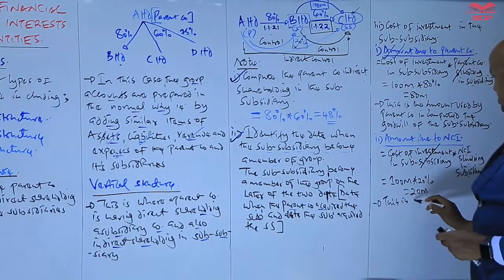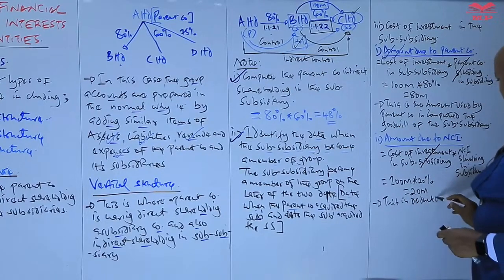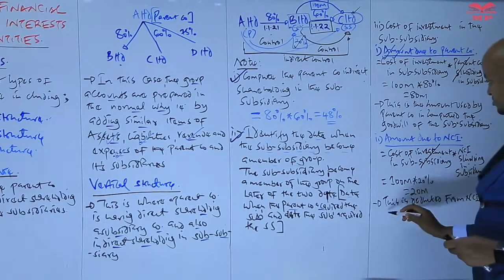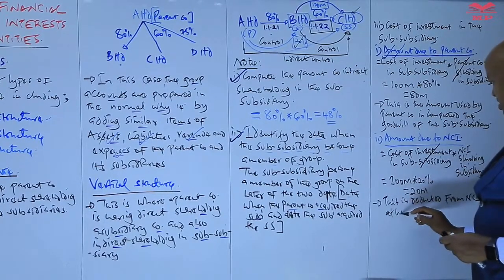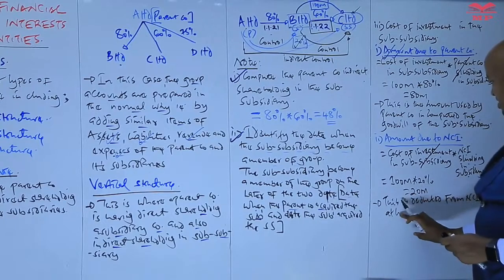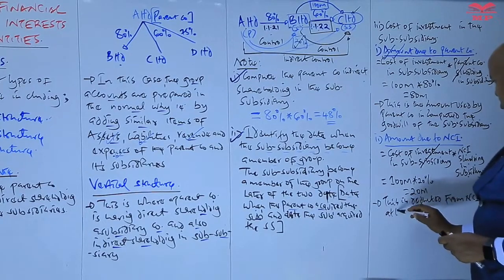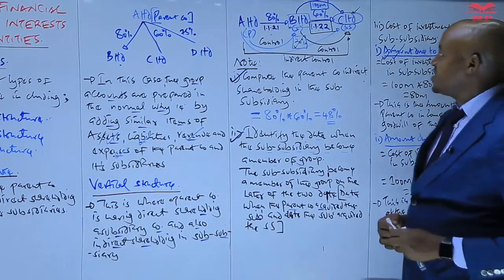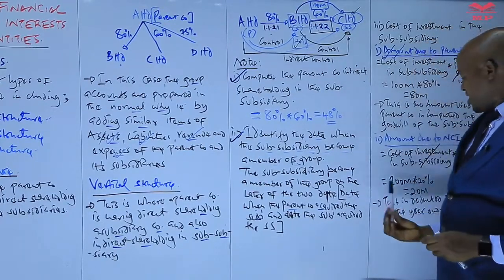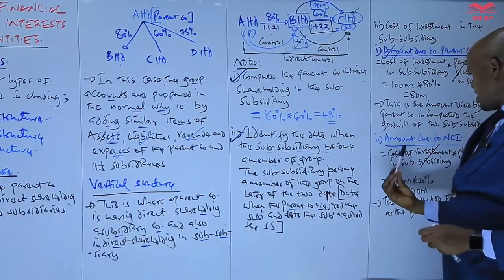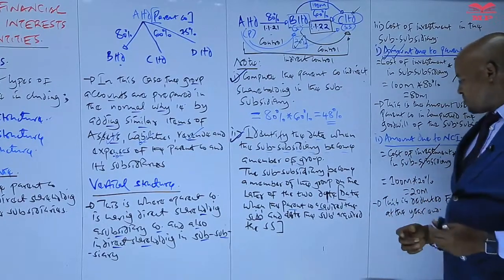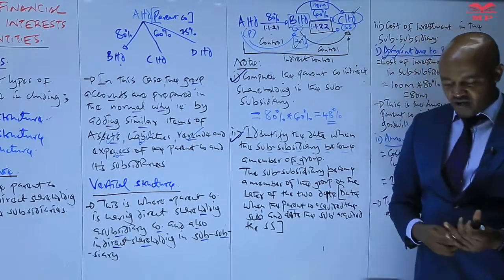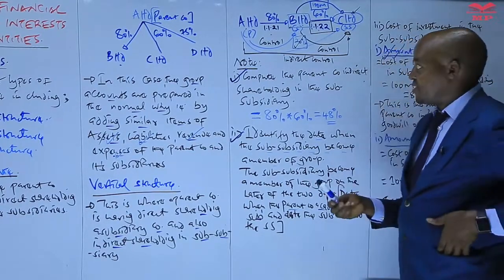So we can say this is deducted from NCI at the year end. So when computing the NCI at the end of the year, the amount due to the NCI, we are saying, will be deducted from what? From the NCI. So therefore, it is very, very important to note that when dealing with a subsidiary,